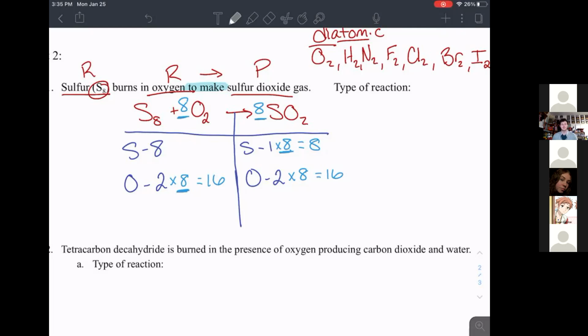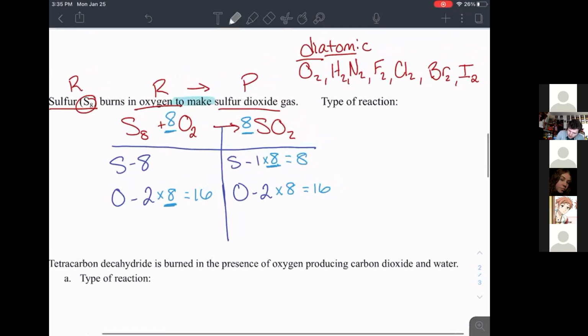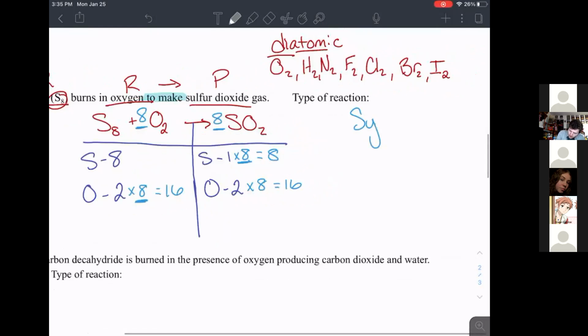Why are you saying synthesis? Because the elements were once apart, but now they're together in the product side. Exactly. We got 2 separate things on our reactant side. They formed one product, which means it is in fact a synthesis reaction. Synthesis is